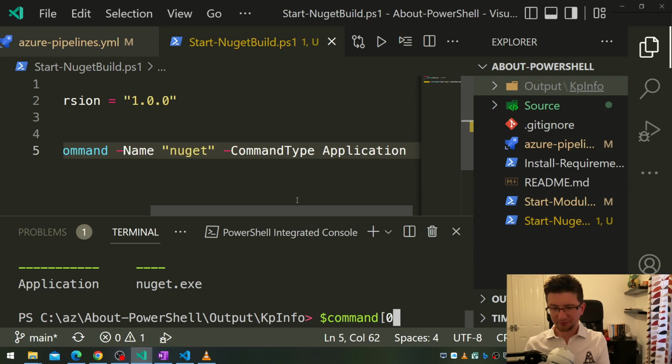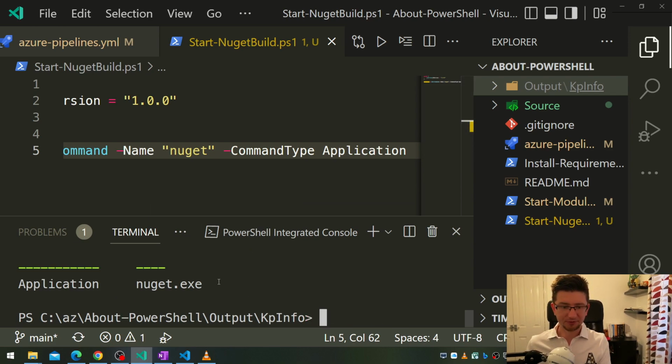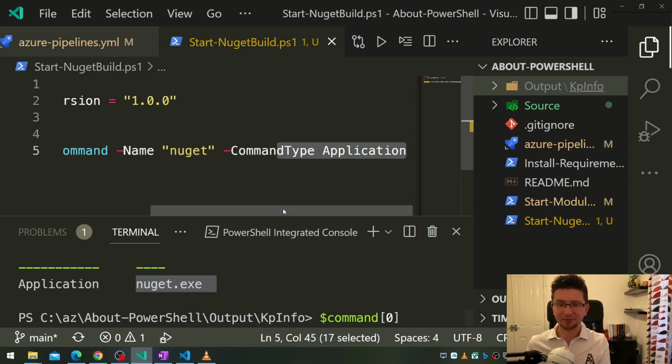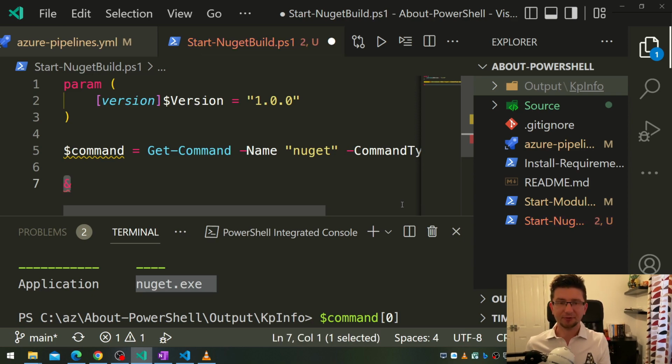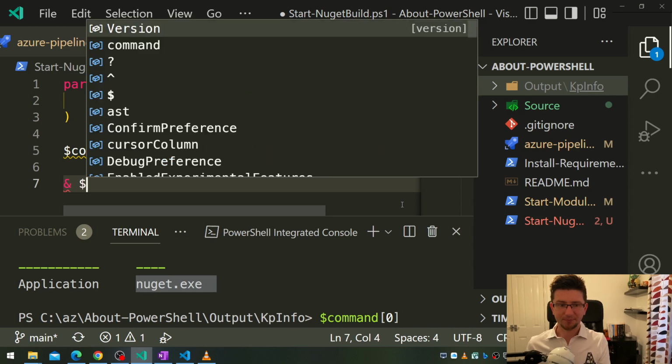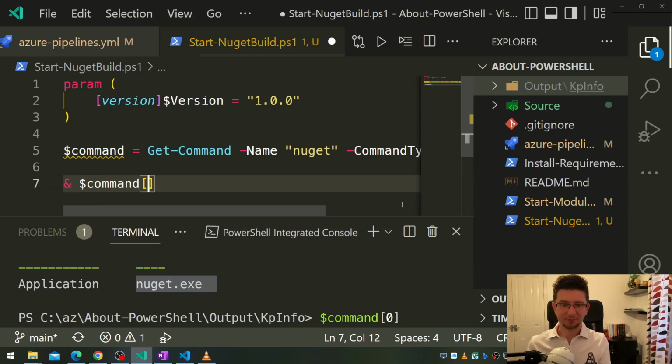And what really makes sense here, especially when you build on Linux, when you have multiple versions of the application, that can be an array. So we just really want to pick the one. We could probably implement some logic to make it pick the latest version or something like that, but don't worry about this. Just do this one. So what we do, we tell PowerShell to execute this file, and that's the ampersand. Simple test, it actually goes to execute the file. So that will be my command, and the first